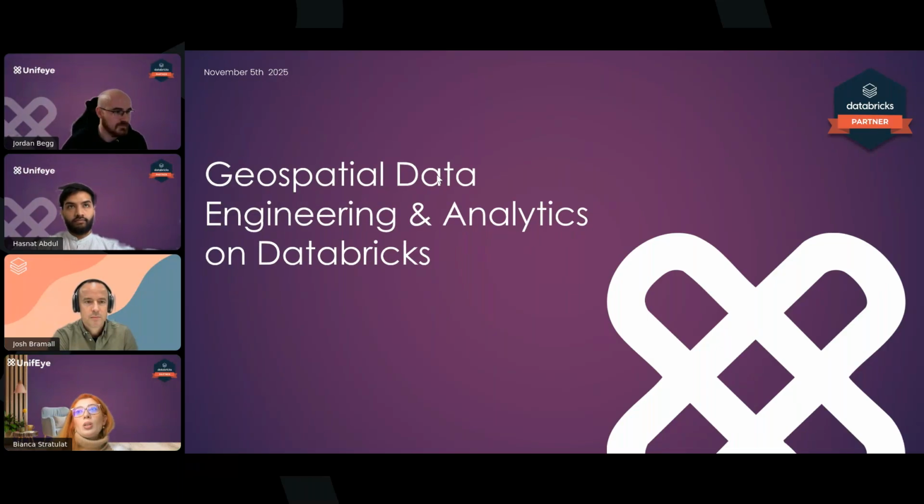Today we are talking about geospatial data engineering and analysis on Databricks. At the end of October, the Unifeye team had the opportunity to participate in a one-day workshop at the Databricks London office, focused entirely on geospatial data. It was an incredible, insightful session. It brought together Databricks architects and partners. And following that workshop, we decided to bring those highlights and discussions to a wider audience, to all of you,